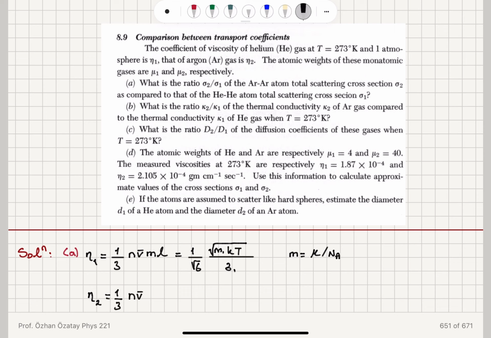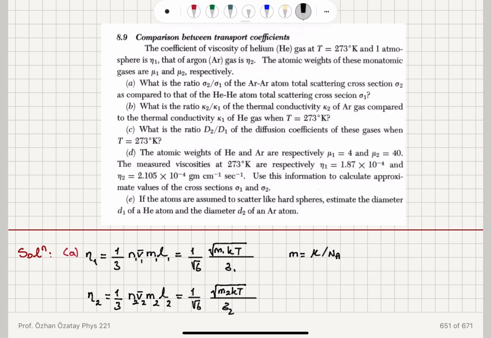n v bar m l. Again, this will be equal to 1 over square root 6 square root m2 k T. They have the same temperature, 273 Kelvin, and different total scattering cross sections. So it is sigma 2. So this will be equal to m2 L2. This will be equal to m1 L1. And this is n1 v1. This is n2 v2. Okay, now